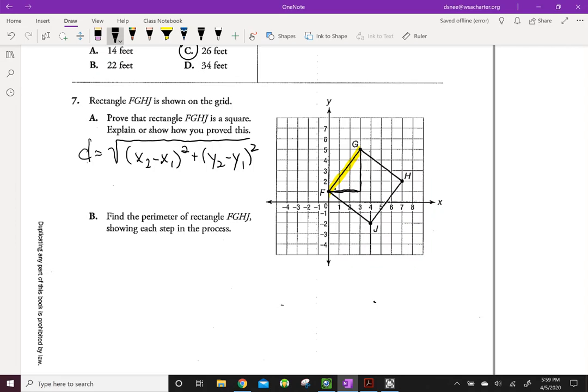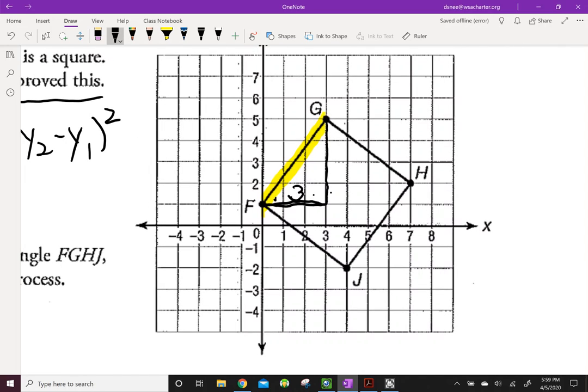And I can count the units, 1, 2, 3. And I know this side is 3 units long, right? And on the other side, 1, 2, 3, 4. I know that side is 4 units long, and I made this right triangle, right? So those are my legs, A and B, right? And so C is going to be over here, and 3 squared